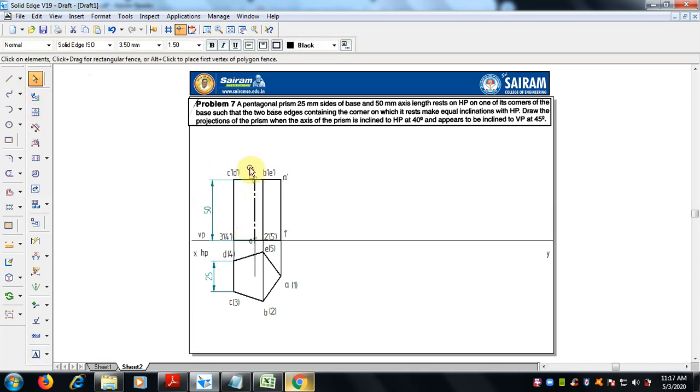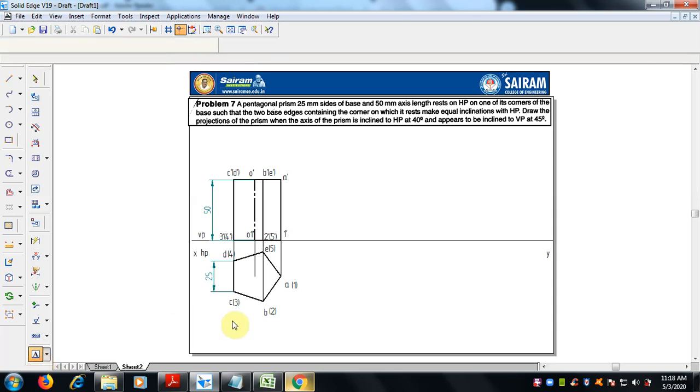At the top we mention as O, and at the bottom as O1 dash. When we are seeing from the top, we can see the axis here, so O dash is visible, and O1 at the bottom is not visible, it is in brackets. I hope everything is fine, right?